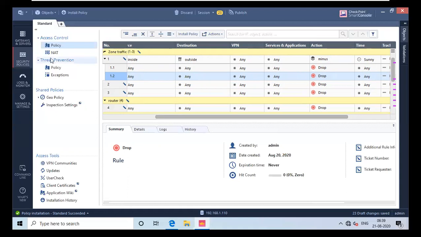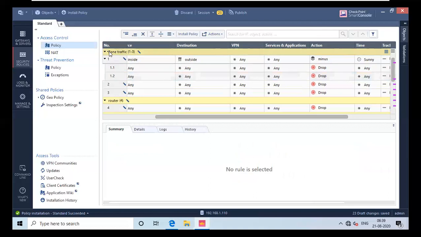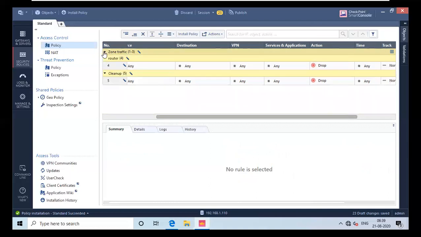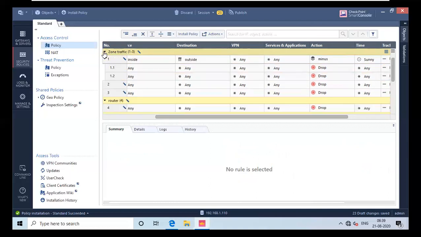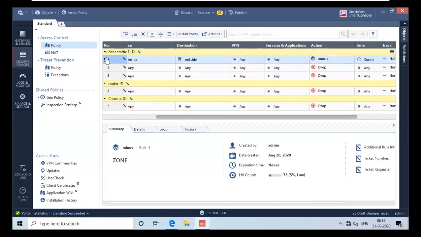Okay, I will show you one. So these are my zone traffic rules. Okay, so to minimize, you have to simply click on this one. Yeah, sorry. Yeah, and these are my router rules. Okay, 1 minute. Yeah, it's a little bit stuck because it's in a remote location.